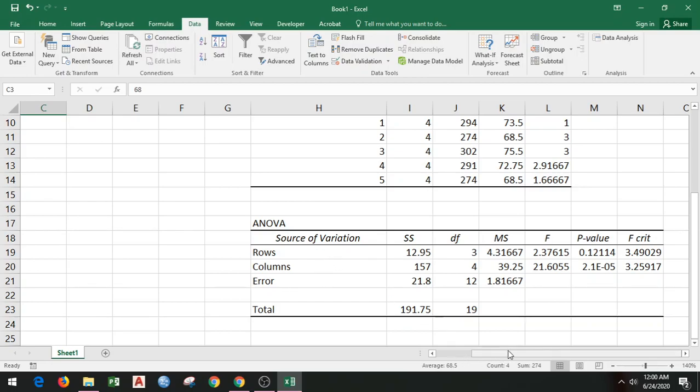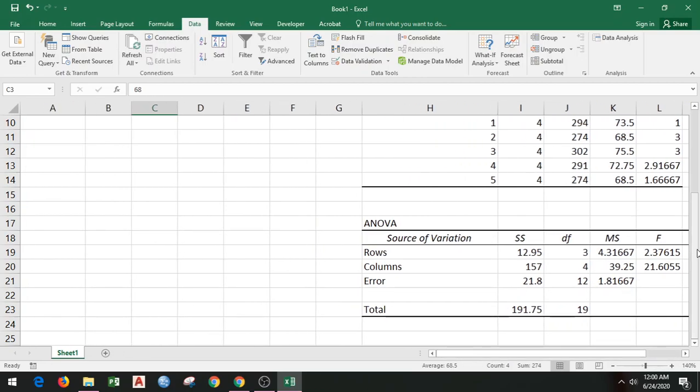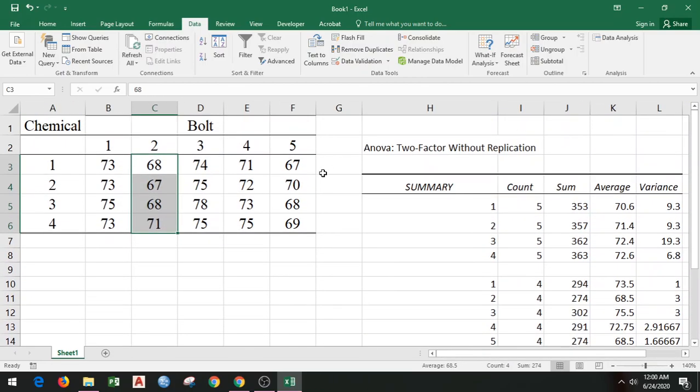If let's say there are no variations, there are no differences between different chemical agents. No matter which chemical agent you choose, it's going to have same impact on the tensile strength of the cloth. Also, if there were no differences in different bolts of cloth, then what will happen? And then there is no standard error also. Just consider a situation where there is no standard error.